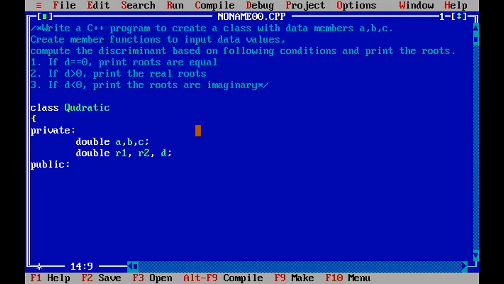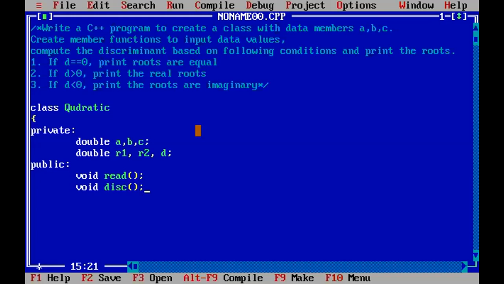So what am I going to do to define the member function outside the class definition? First and foremost, we have to declare the member function inside the class definition. So I'm going to declare three different member functions. One is read, and the second one is to calculate the discriminant as per the question which has been asked.